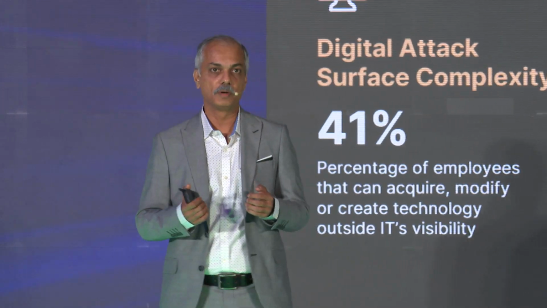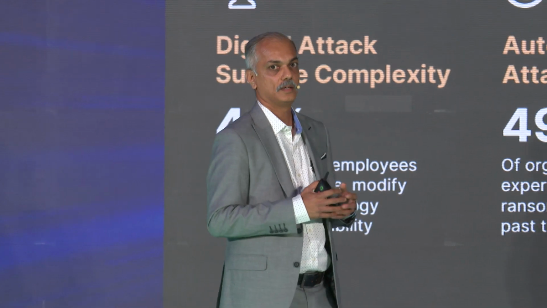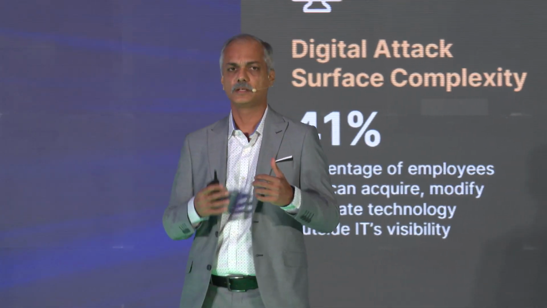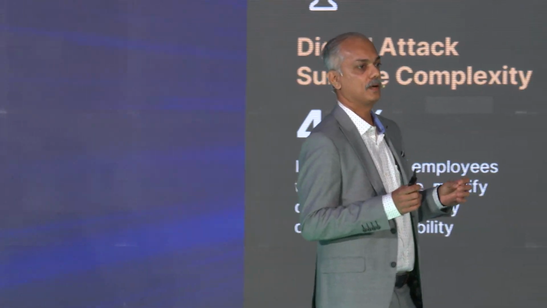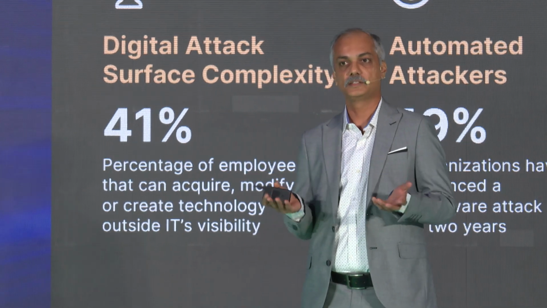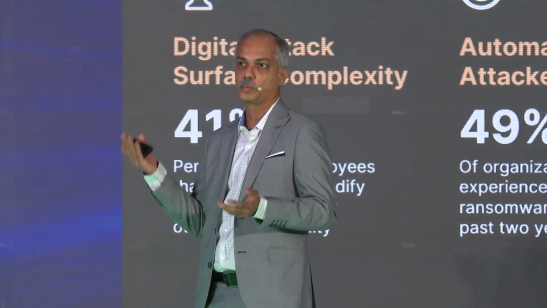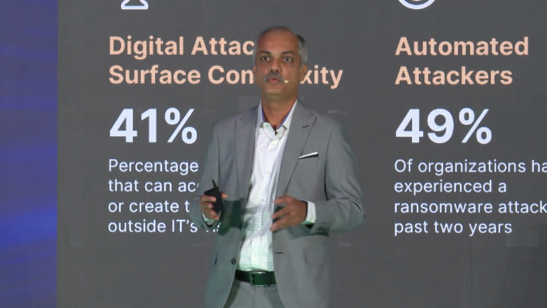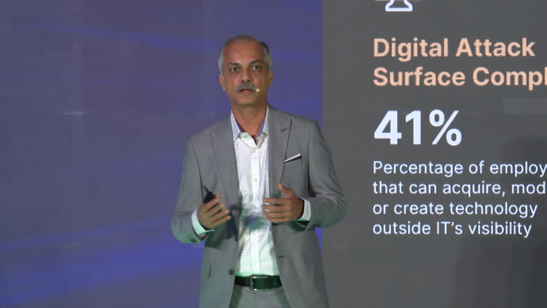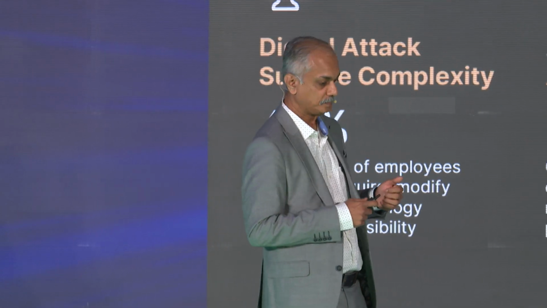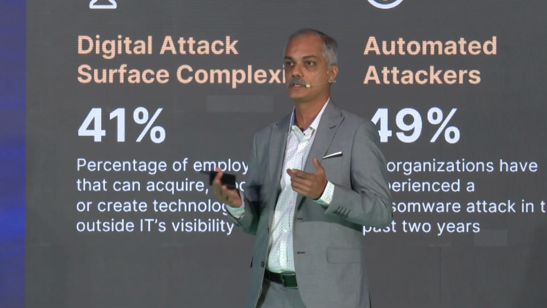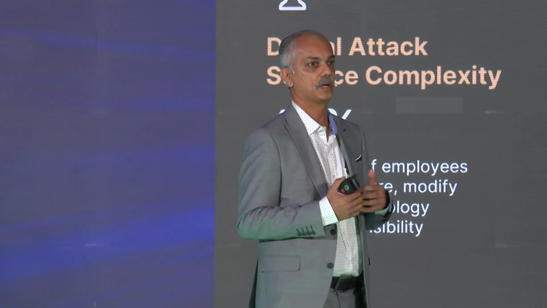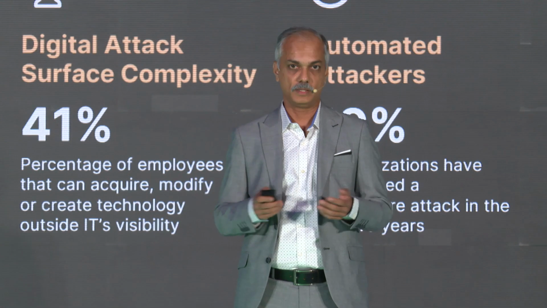I always remember this classic case of Target. Target is a supermarket chain, and they were breached way back, I think 2017, 2018, because of a security lapse in their air conditioning vendor. I mean, can you believe it? Air conditioning, what has it to do with a supermarket chain? But that is what happened. That's typically where we have to be worried about how the third parties are interacting, and how their security mechanisms are in place. Now, when we did the survey, around 3 out of 5 said that they were breached not because of themselves, but because of lapses within their third-party vendors.